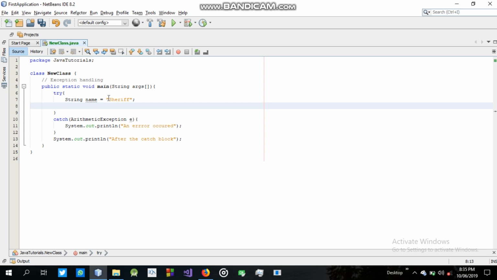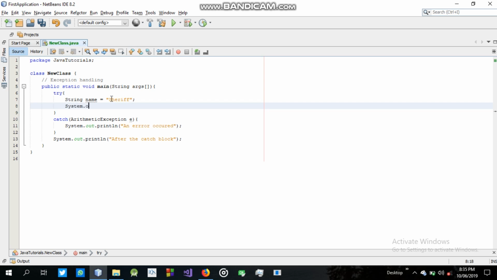Now we know that strings are simply arrays of characters, so we can index each character of a string. So this is the character at index 0, h is the character at index 1, and so on. So this one has indexes of 0, 1, 2, 3, 4, 5, 6. So 6 is the last index. So let's see what happens if we try to access the character at index number 7 or index number 8.